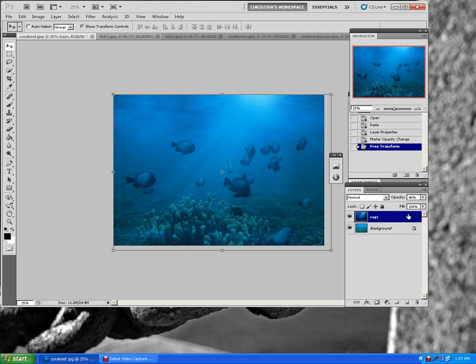Now we're going to put a layer mask on the underwater rays. And that's the layer mask right there. It says Add a Layer Mask. So we're going to click on that. It's basically a little gray square with a white circle in the middle. Now we're going to click in the layer mask thumbnail,